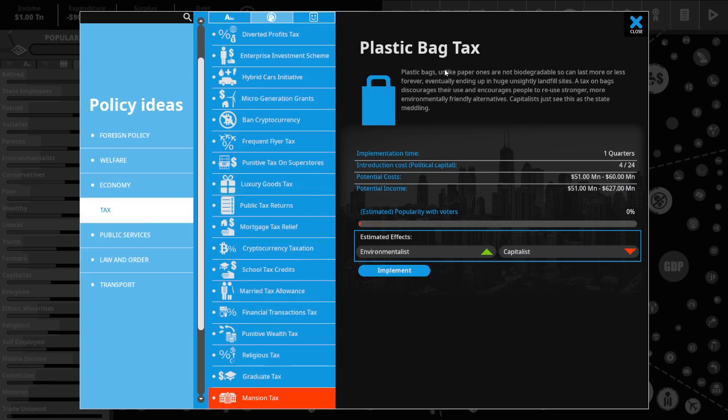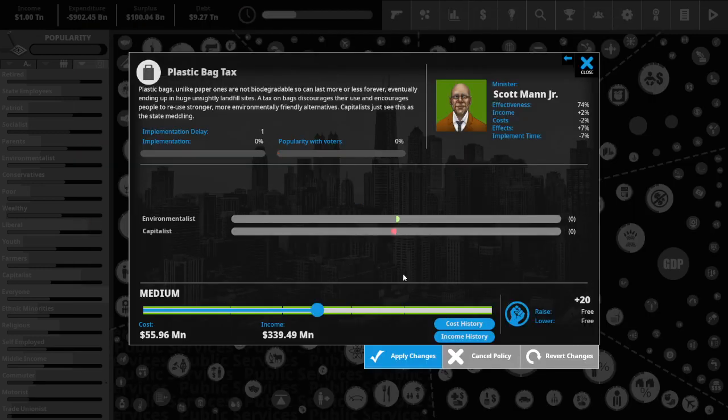This is the plastic bag tax. Oh, I don't have a plastic bag tax? I thought I had it. Oh, I want to implement this. Then when you do that, it gives you the department who helps implement this service. And again, excuse me, this plastic tax right here,